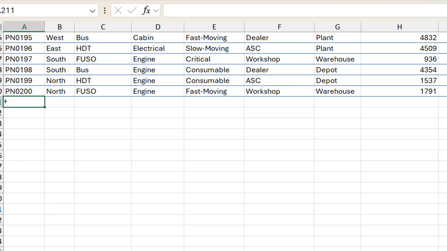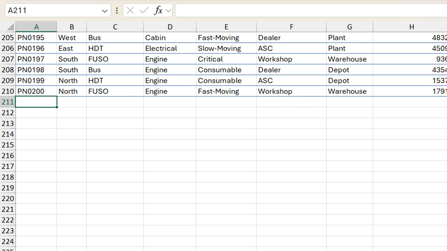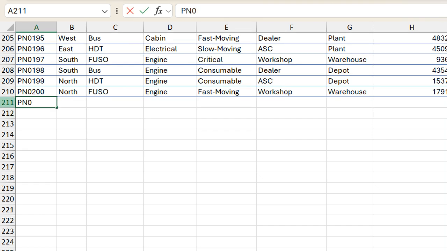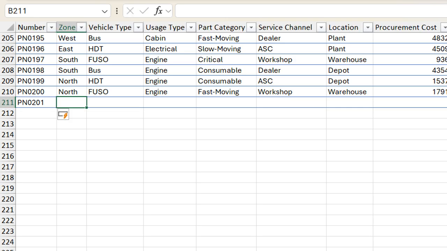You can see that after adding new data, when I press enter or a tab, the heading is automatically frozen on the top. And I'm going to add a new zone. Instead of using an existing zone, just for checking, I'm going to add a new zone, central zone. Maybe the same vehicle type, Control D, which will copy from the top. Whatever is available on the top, it will be copied to the bottom. D for duplicating, or downwards. Engine, fast moving, workshop,